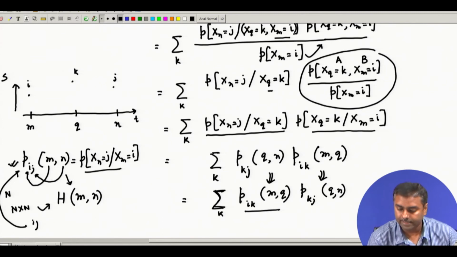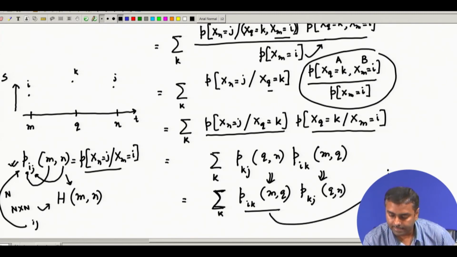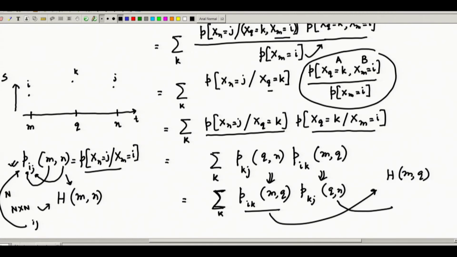Now, this one, if I write the corresponding matrix as H M Q, and this one, if I write H Q n, then what I can write, because this also will be an n cross n matrix, because the intermediate step, wherever it goes, has the same number of states to be populated. So, this is also an n cross n matrix, correspondingly all the i j entries will be there. So, the matrix multiplication I can write